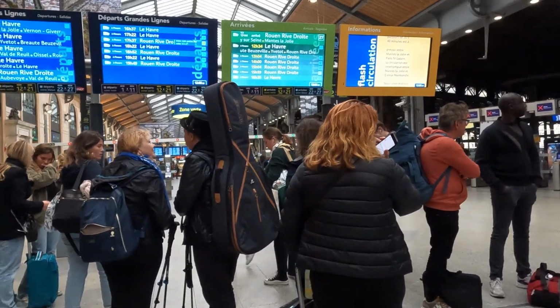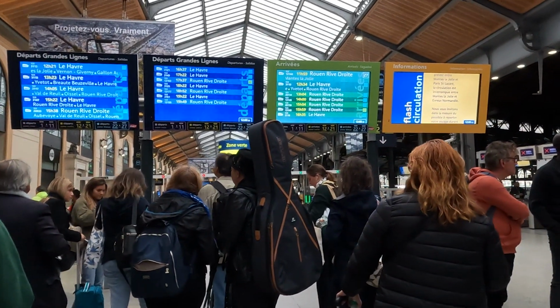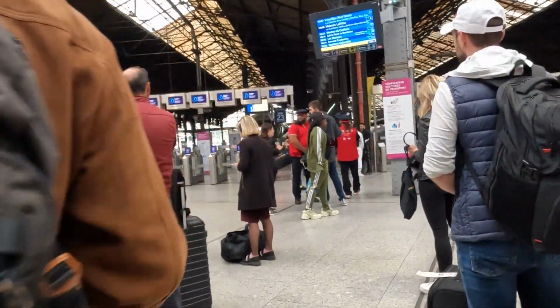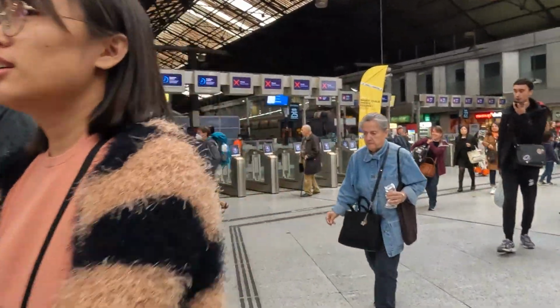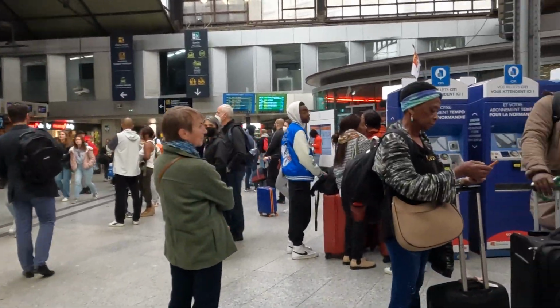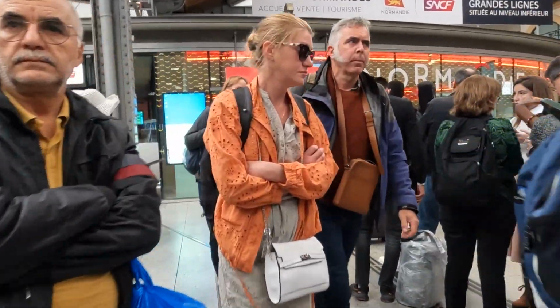You can see the big TV screens there. There are departures, there are arrivals. Now if you are looking to depart, you're probably waiting for your track number to come up on the screen, and then you would go to the train. Likewise, if you're there waiting for somebody to arrive, you can see their arrivals and you can see what track that train is coming in on. So if you want to meet that person,